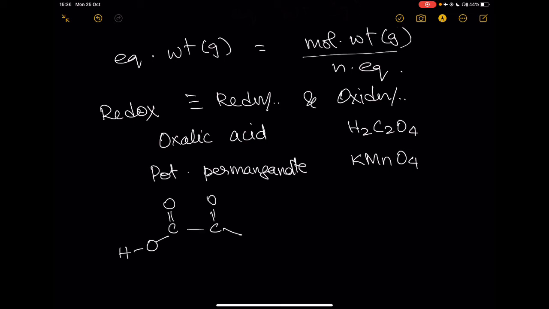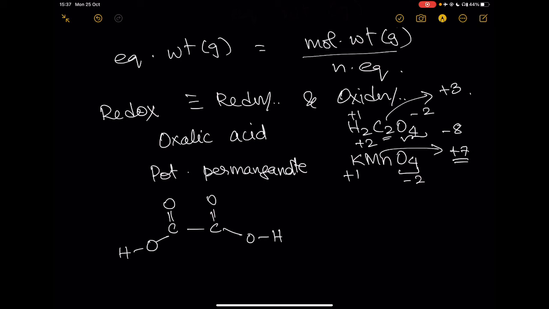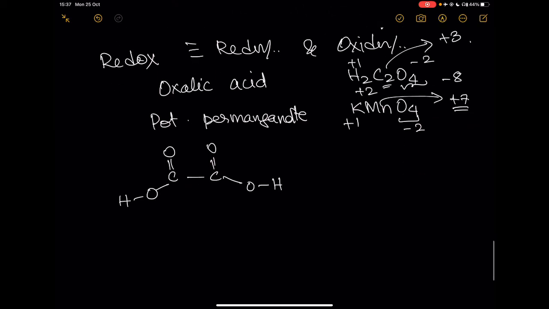It's a good idea to draw the chemical structures because we are going to be talking about oxidation number for each of these. The way that one could calculate is that proton is +1, oxygen is -2. So you have a -8 plus 2 with a neutral molecule, so carbon, of which there are 2 units, has to be +3. In a similar vein, in potassium permanganate, K plus is +1, oxygen is -2. So you're going to have manganese in +7 oxidation state in potassium permanganate.